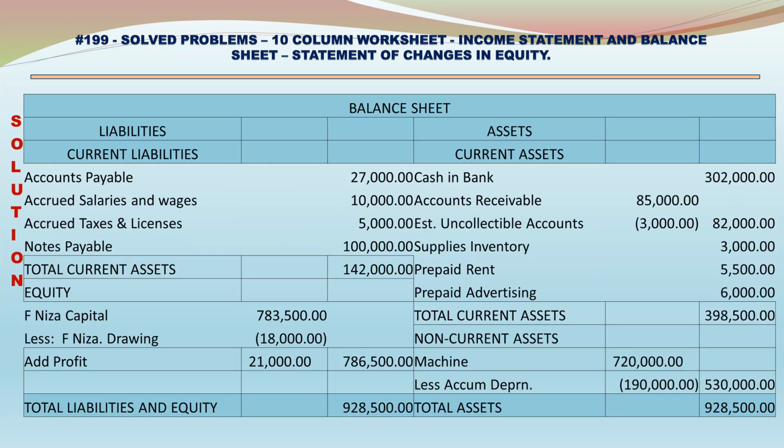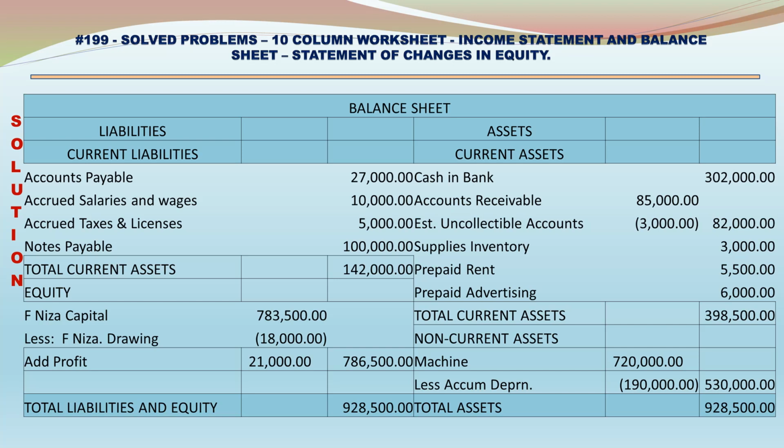Balance sheet. On the liabilities amount, assets amount. On the asset side, current assets, cash in bank 302,000, accounts receivable 85,000, less uncollectible accounts 3,000, net accounts receivable 82,000, supplies inventory 3,000, prepaid rent 5,500, prepaid advertising 6,000, total current assets 398,500, machinery 720,000, less accumulated depreciation 190,000, net cost of machine 530,000, total assets